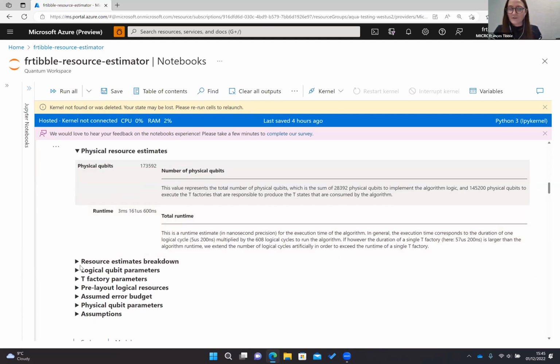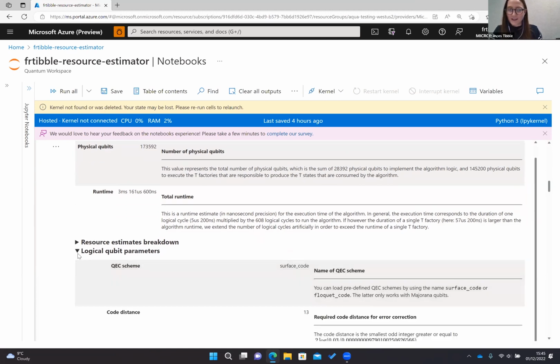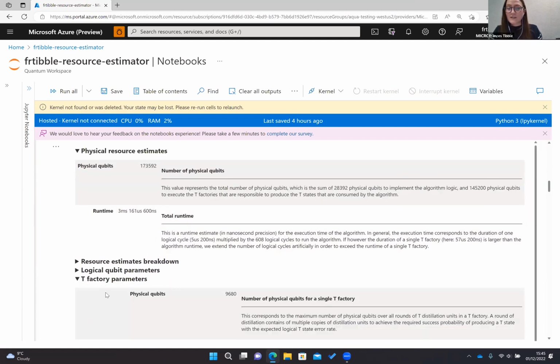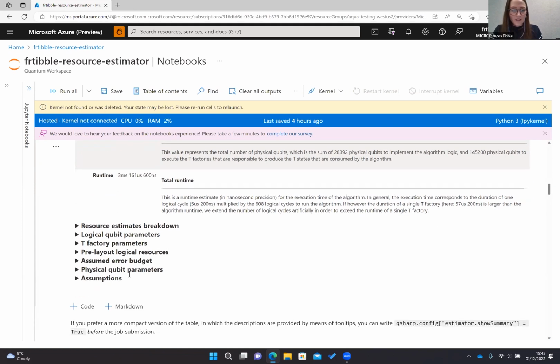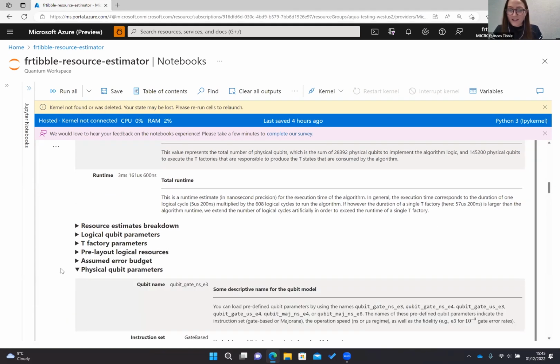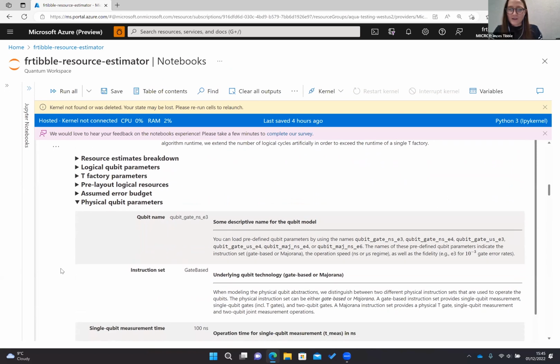And if we were to go through all of these different drop downs, there's a bunch of other pieces of information that you can get out about the requirements of this particular program. And the one that I'm actually going to focus a bit on now is the physical qubit parameters.